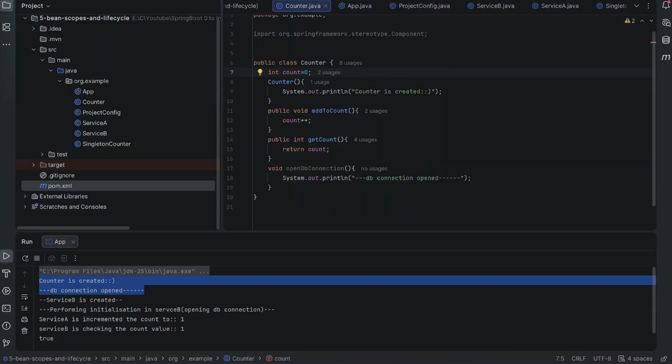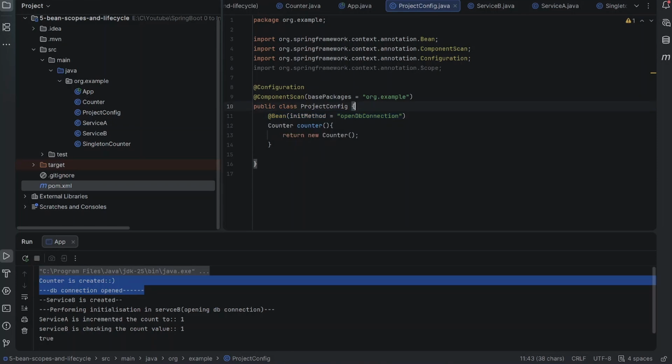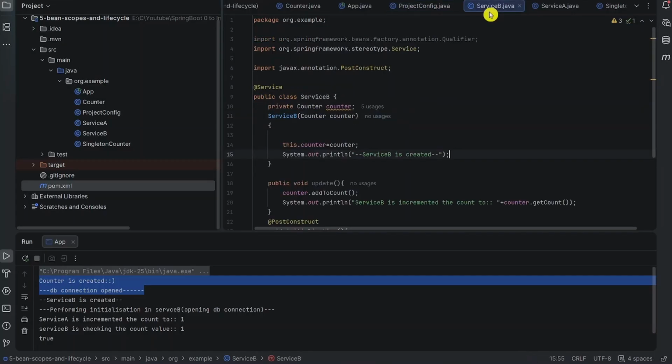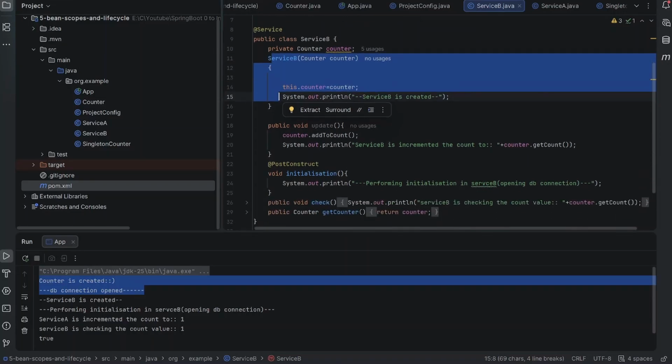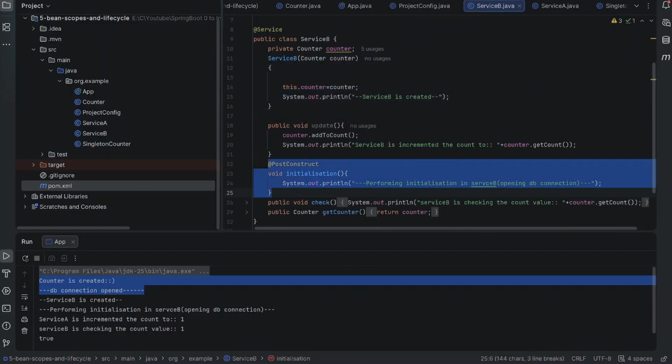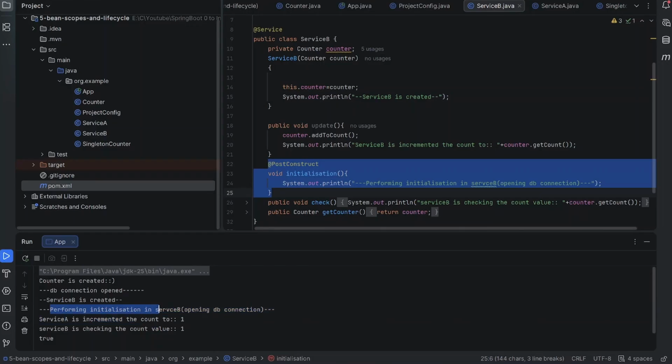How is it called? Because we come to the project configuration and we specify the custom init method, and then the Service B is created and the dependencies are injected into this, and then after this the post construct method is called,